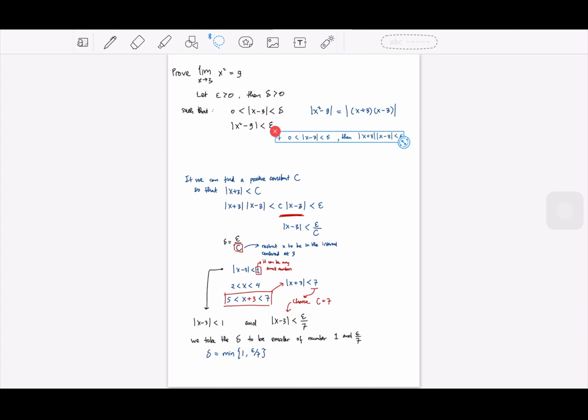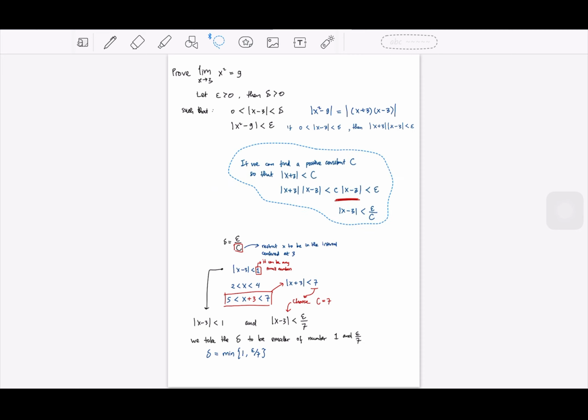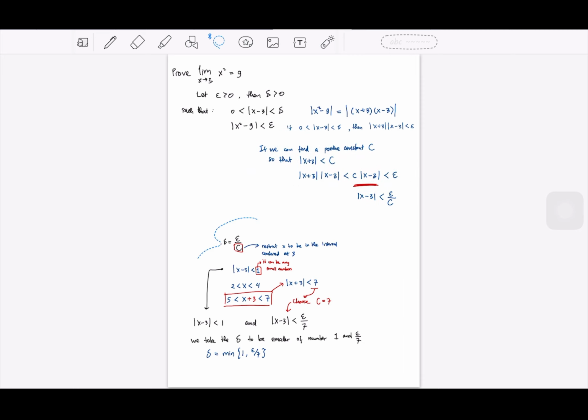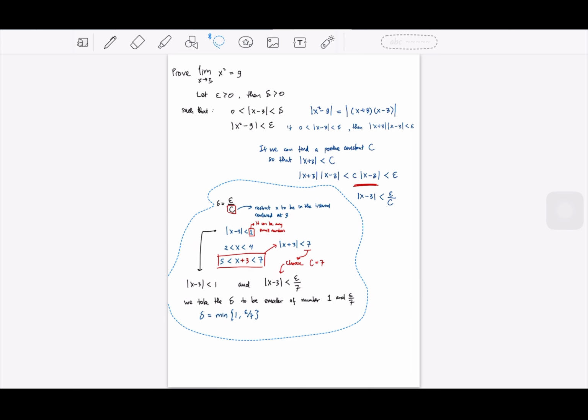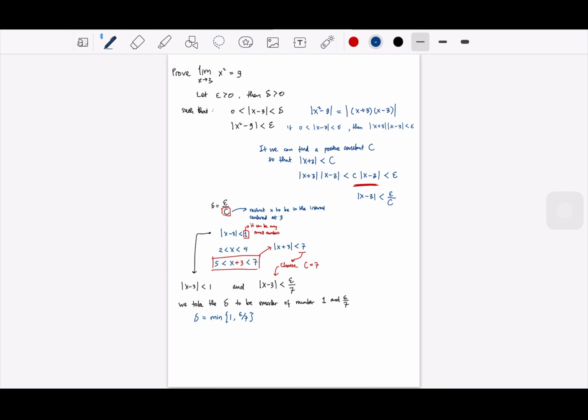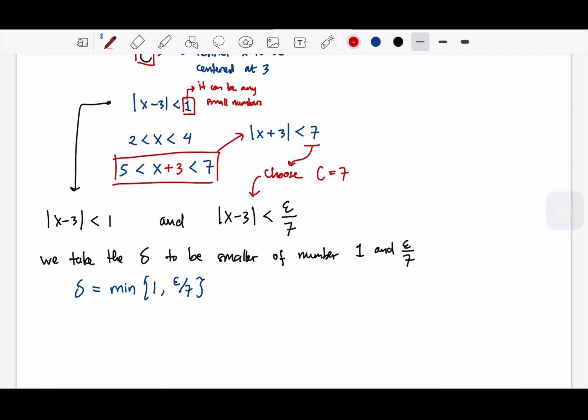Maybe resize a little bit, put here. So here it is going here. Okay. Now, we are going to use this delta that is smaller than 1 and smaller than epsilon over 7